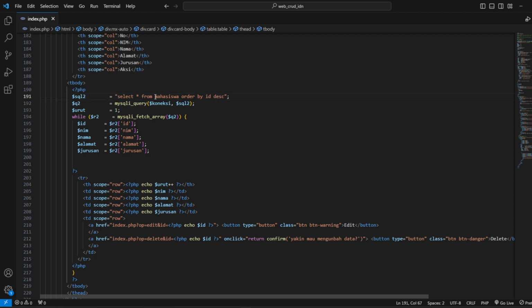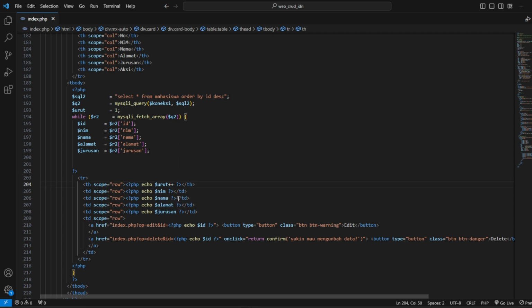So in SQL2, MySQL query koneksi SQL2. This is urut. Urut equals 1, and 2 3 4 until many, because we give it auto increment. Auto increment is plus plus.